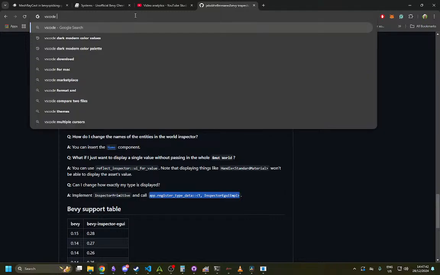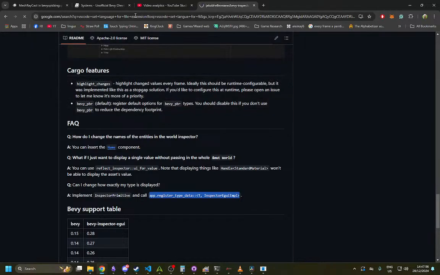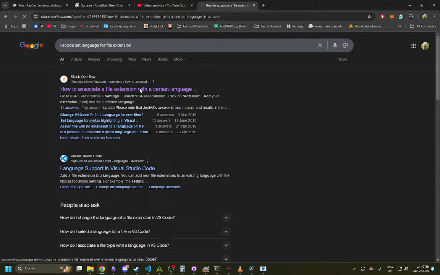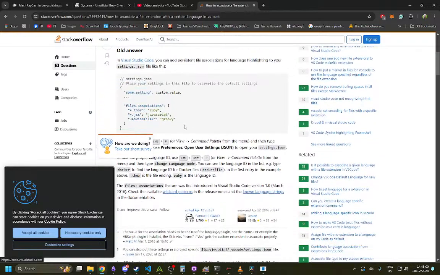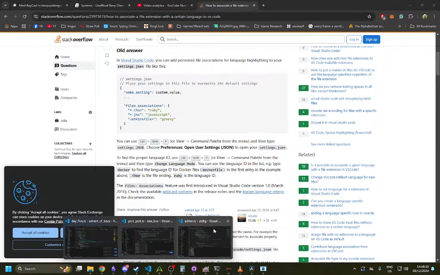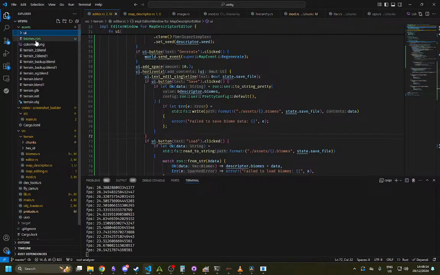VS Code, set language for file extension. Okay, so we have to go to our settings.json,